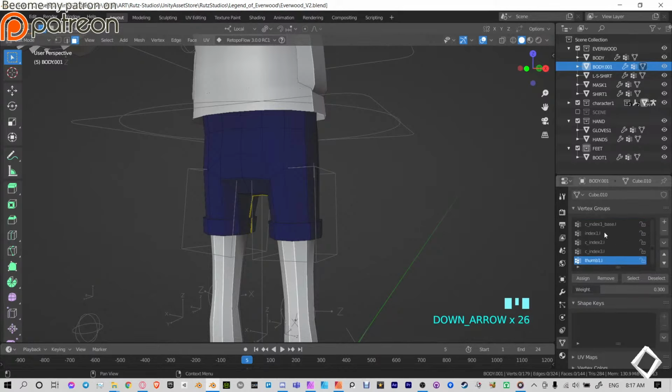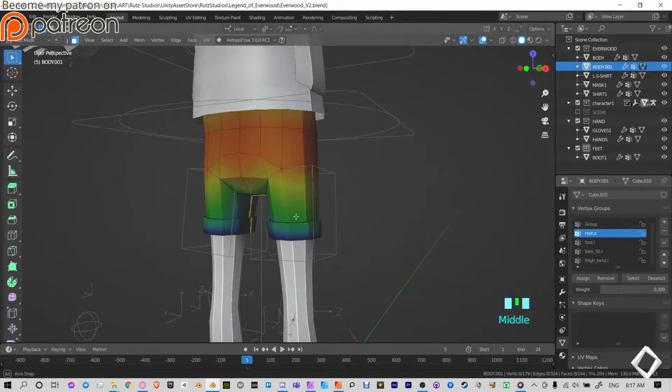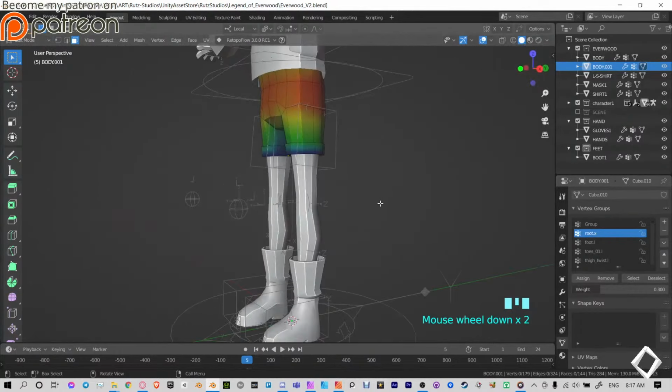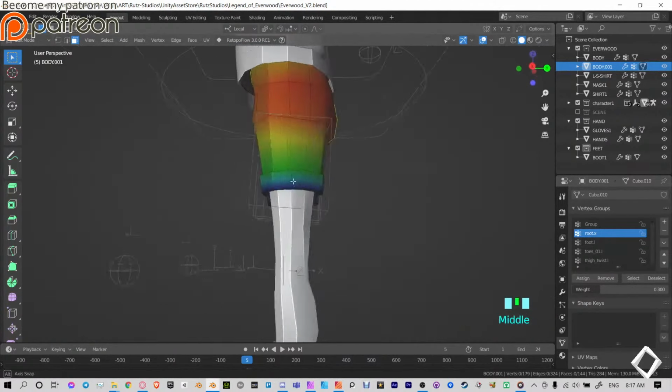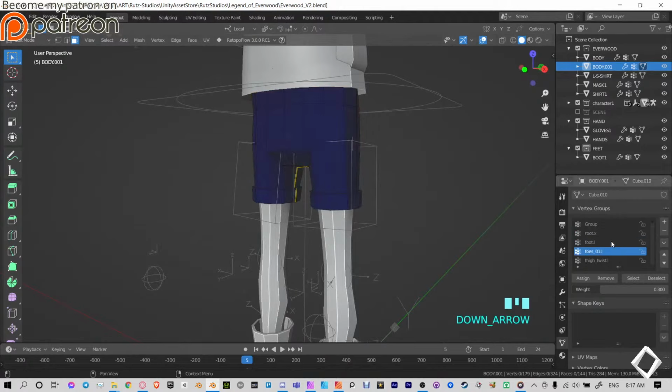And this will depend on your rig. This one is a little bit more complex than most rigs. So I think what might be happening is